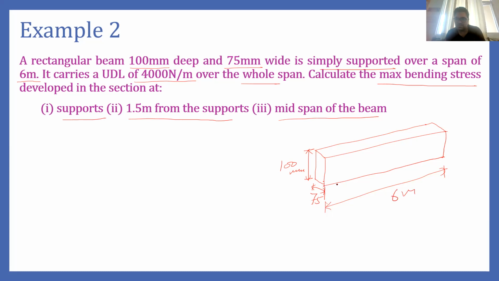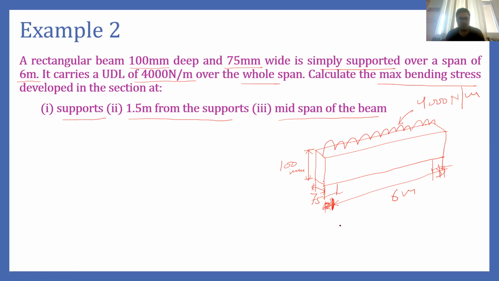So this beam is resting on some support from here also. So this is actually taken from here. And this beam is also carrying a UDL. So UDL is carried by this beam, and the intensity of this UDL is 4000 Newton per meter. Okay. So basically we have made the diagram by reading the problem.